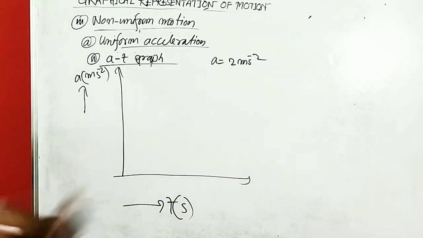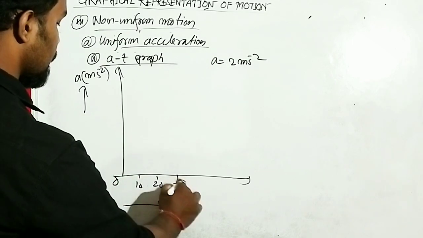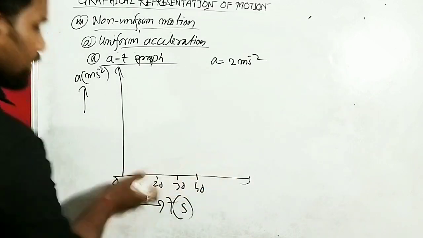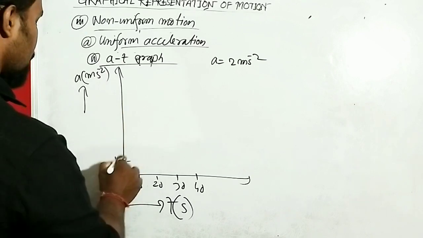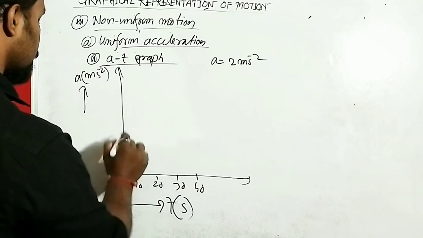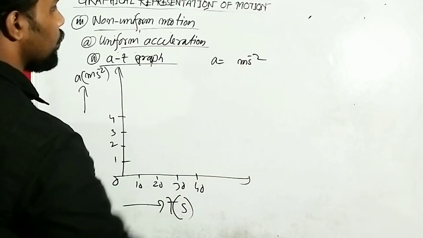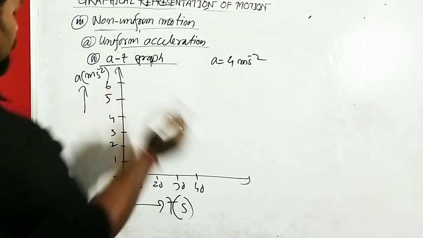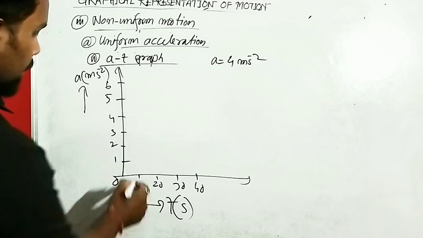Simple concept, it's like uniform velocity, right? It is the 0, 10, 20, 30, 40. These are all in seconds. Clear? Now I will give some values of acceleration like 1, 2, 3, 4. I will change the uniform acceleration to 4, until the graph looks proper. Okay, 5 and 6. Since the acceleration is uniform, at the first change of time,